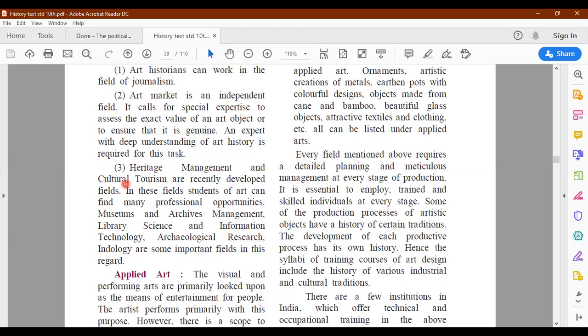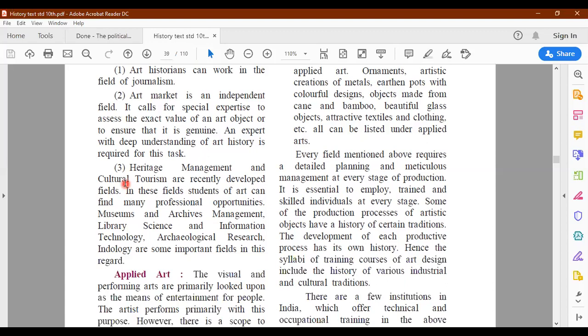And even for cultural tourism, when people from outside come, guides have to work. So students of art can find many professional opportunities. They can work in museums, archives management, library science, information technology, and archaeological research. Indology again is another important field in this regard.